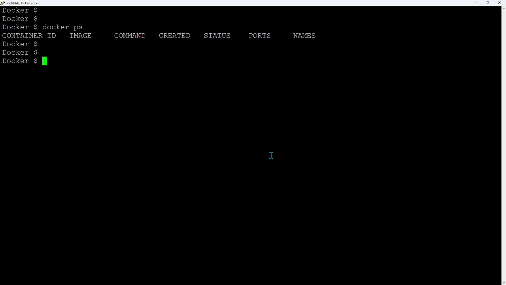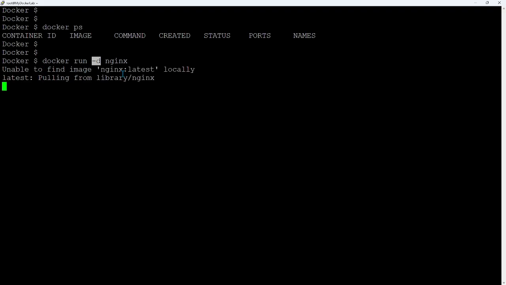Now I will run one of the containers, and we know that the command is docker run, and I'm putting an option -d. Why I'm doing -d, I'll tell you in a minute. And I'm giving nginx. I'm using -d to run it as a background process. And I will tell you what will happen when you're not using -d. But just now we'll run it with -d just to make sure that it runs as a background process. So if I run this command docker run -d nginx, and if I press enter, I'm getting some message.